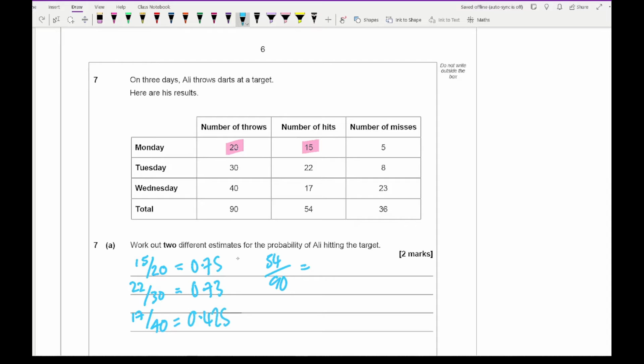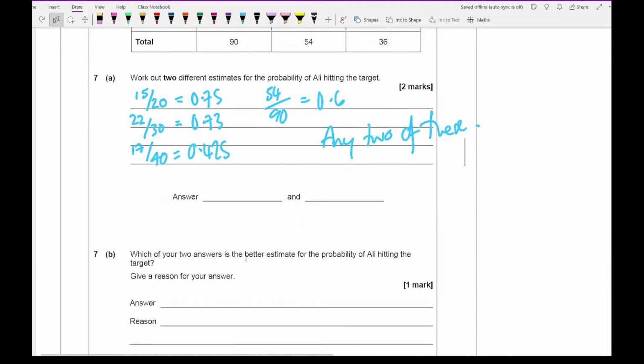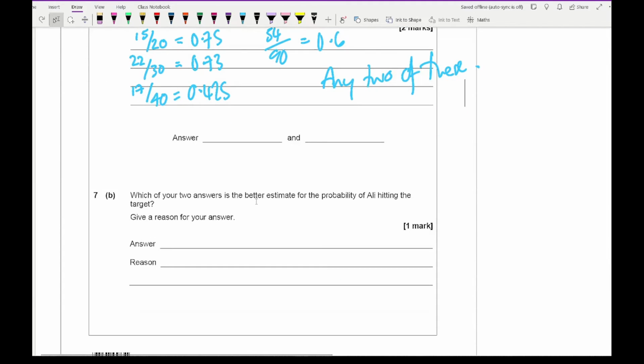And then 54 divided by 90 equals 0.6. So any two of these would be fine. The next question then says, which of these two answers is the better estimate for the probability of Ali hitting the target? And basically you want to go for whichever